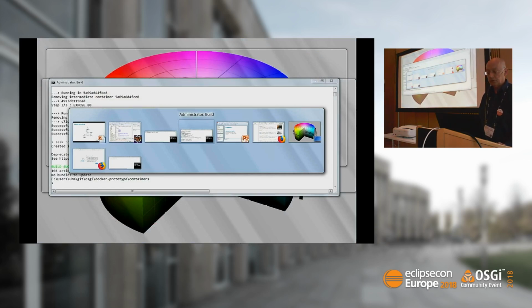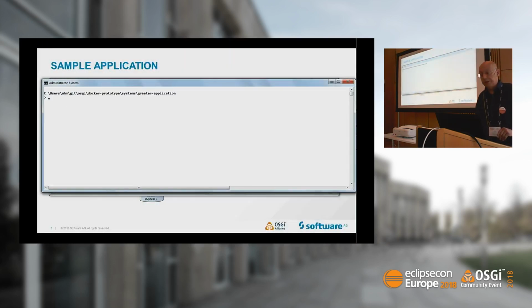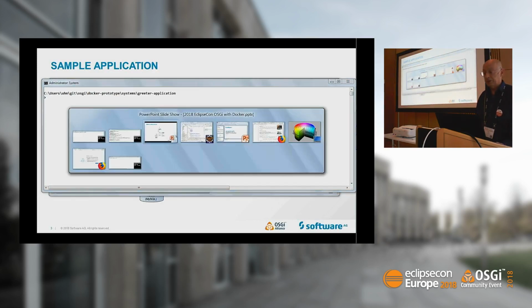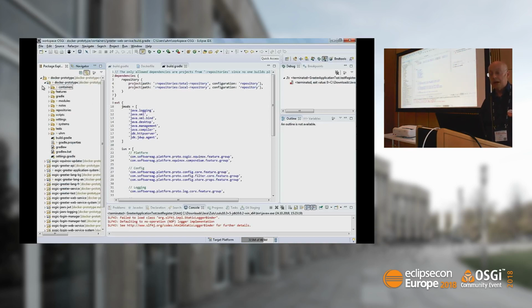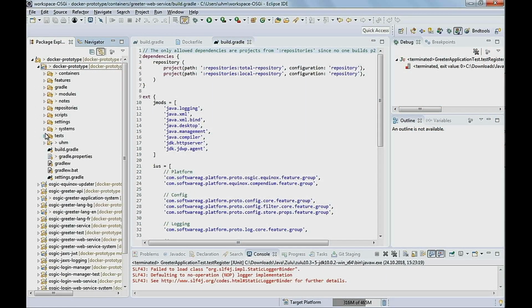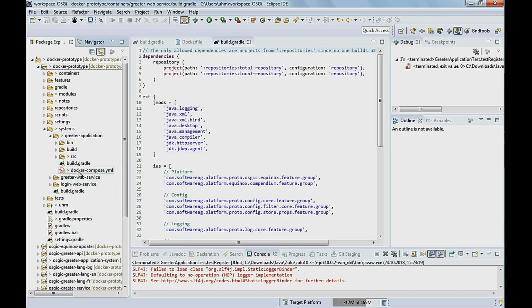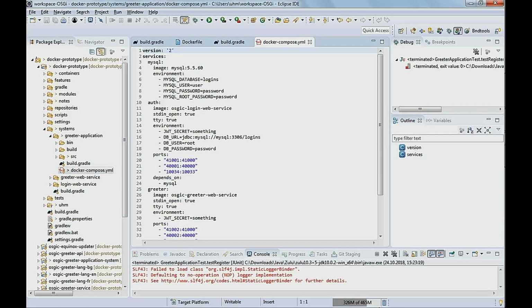Now my next exercise would be to go to this configured system. Sorry, I think I should show it first. We have the individual containers, and we now want to stand up the system. The system more or less consists also of a Docker file, but for this we're using the tool called Docker Compose, which is a very efficient way to stand up groups of containers.